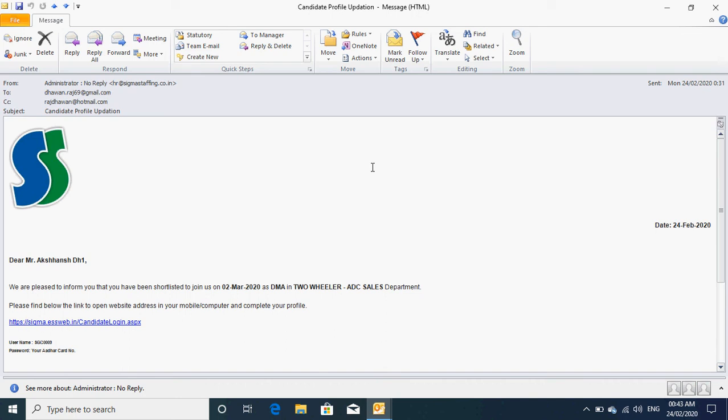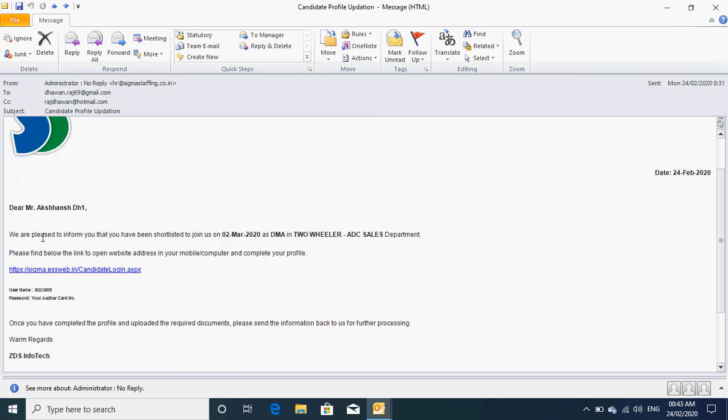As we discussed in our previous video, a candidate has been created and the mail has been sent to the candidate. Now, as a candidate, how will he be receiving the mail and what is the content in his mail? You can see on the screen that the candidate is addressed and he has been given the details: the expected joining date, the designation, and which department he will be